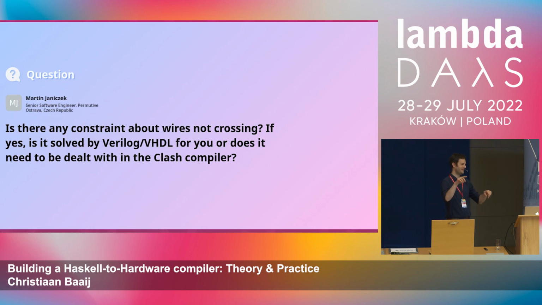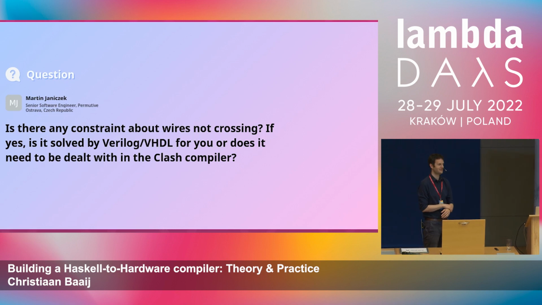So wires can't always be drawn in a straight line from one point to the other. On FPGAs, you have routing resources, and you might have used too many, so now it needs to route the signal around, because this router is already full. And same with ASIC design, at a certain point you run out of metal layers, so then it also needs to take a detour. So yeah, it's not handled by us, and if it shows up,